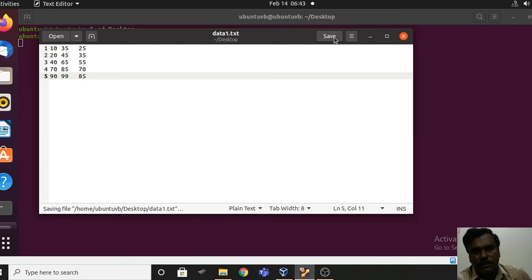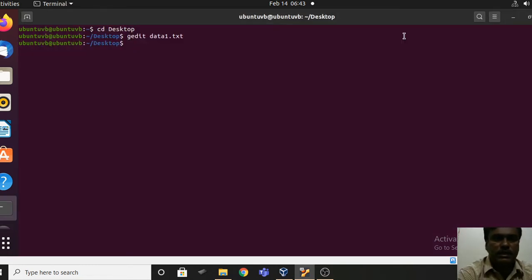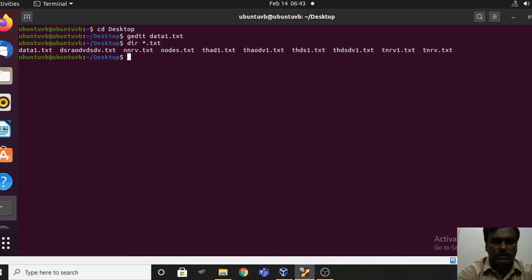So after saving, you can close this file and check whether this file is there with the extension txt.